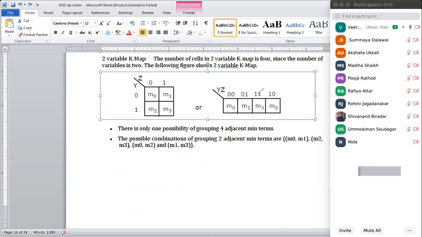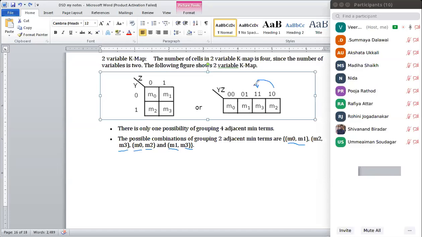Transition. I want to save the transitions. I don't want to make a number of transitions more than what variables I have. That is why I'm just changing the adjacent sides here. So what types of groups can I get from this? M0 M1 M2 M3 is one group, or else M0, M2 and M1, M3.